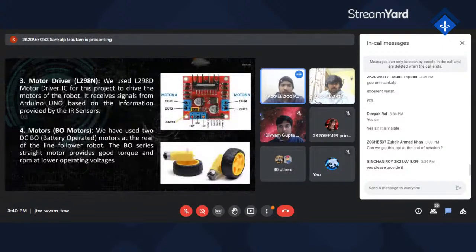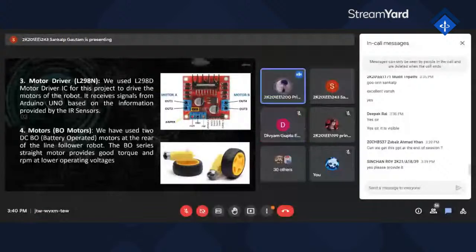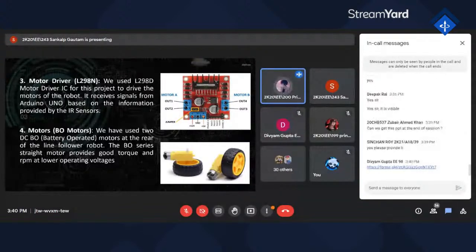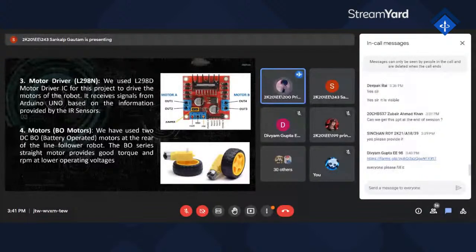So our third main part is motor drivers. The reason to use a motor driver here is that the output signal that comes out of an Arduino is not sufficient to drive the motor. On top of that, we need to rotate the motors in both directions. Therefore, we use a motor driver to drive the motor as required, and it is also able to supply sufficient current.